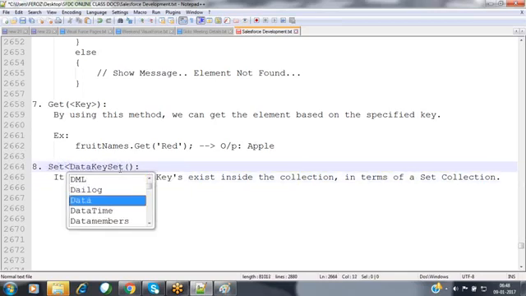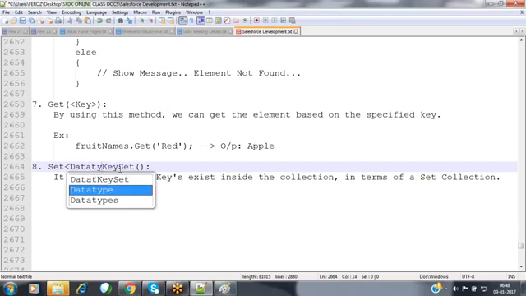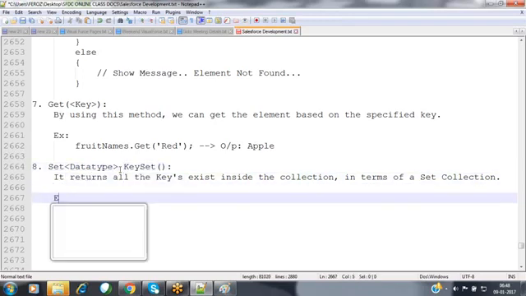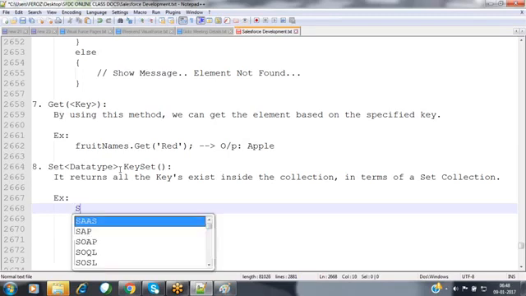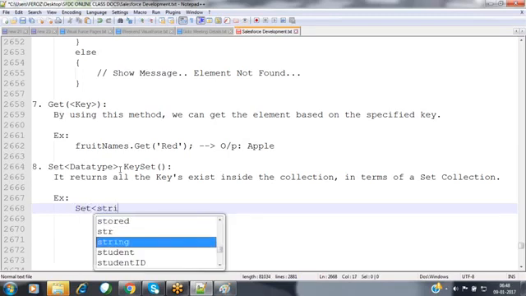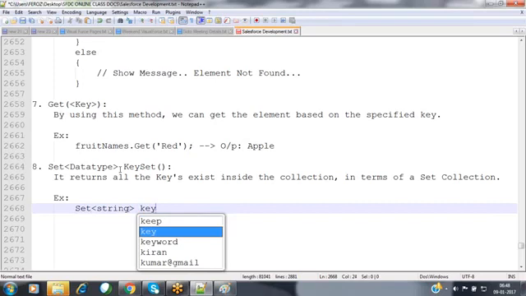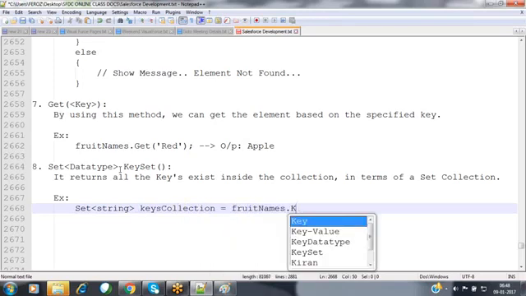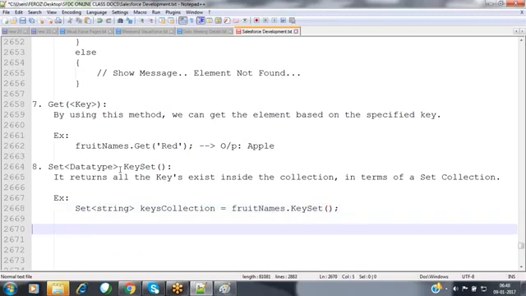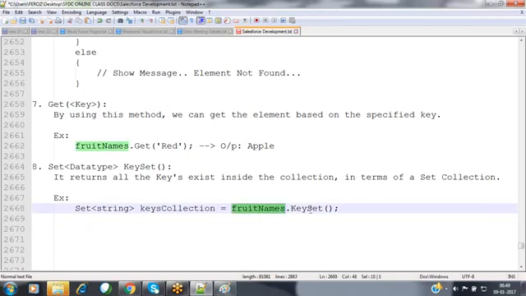Set of data type. Whatever data type you have defined for that key, the same data type you have to specify. Set of string, keysCollection equals fruitNames.keySet. Now, whatever keys are available inside that fruitNames collection, we are fetching all those keys and storing them inside a set collection of type string.